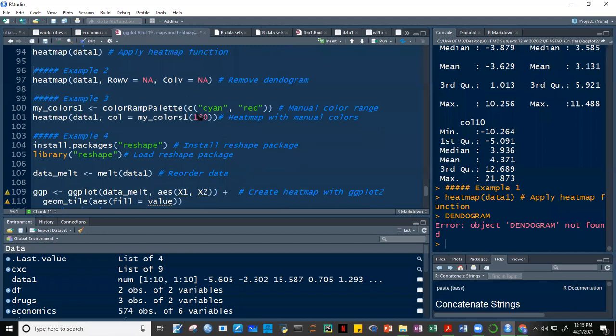Okay, how about this guys? I think sa inyo may colors, no? So tingnan nyo lang guys 'tong color ramp palette, ha? Sorry, wala tayong time, pero tingnan nyo na lang dito, i-question nyo na lang yan. Ano yung ginagawa niyan? So ito ginagamit natin para mag-create ng iba't ibang concentration or iba't ibang